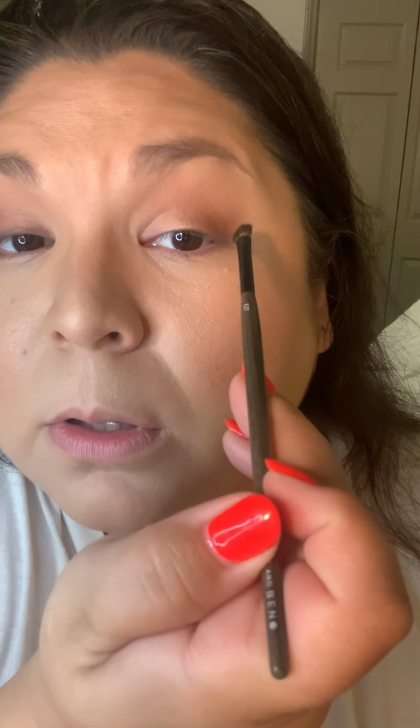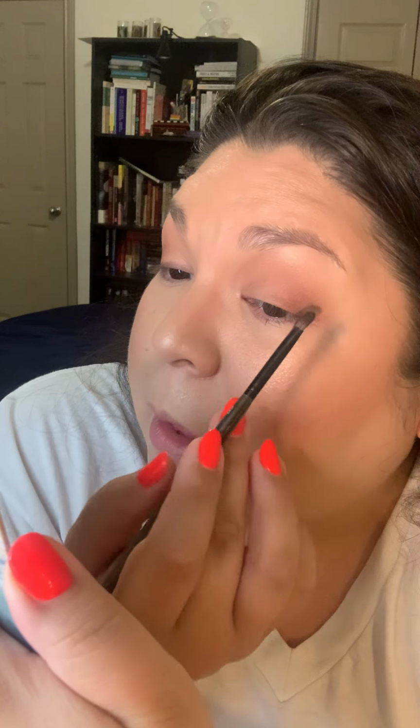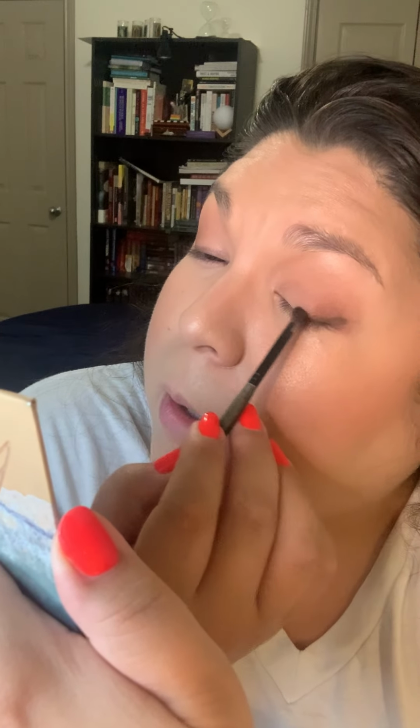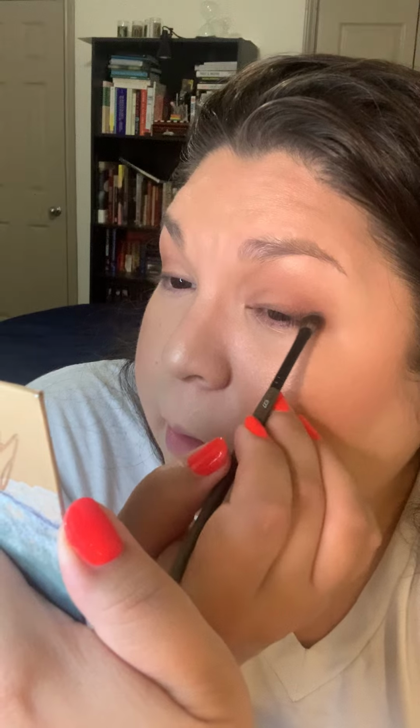And take the stamp, okay, and then work it out. I gotta get a little bit closer, so I apologize, because I cannot see far away into that camera. This eye is always easier for me to do. It's my right side. This is my strong side. This one is not, so I have to use a bit more finesse. Anytime you take your arm across the way, that's when you're gonna find